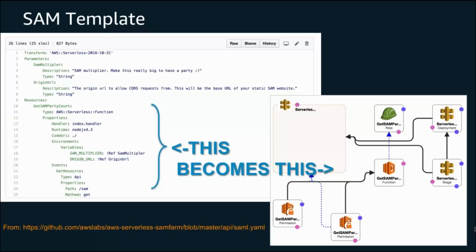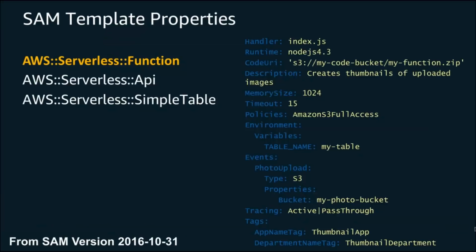What this actually translates to, and we see on the right-hand side here a screenshot from the CloudFormation Designer, is approximately 7 resources that are going to get created by running this template. Again, if you were to configure this in the console or via the CLI or via CloudFormation, you'd be doing a lot more work than just writing what you see here in lines 9 through 25. So SAM really does help you in simplification of defining your serverless applications, in building the model for them, and, as we'll see in a little bit, in being able to deploy them.